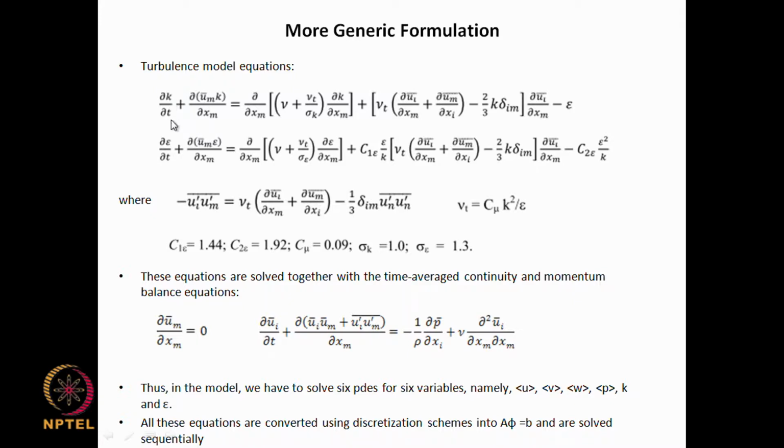You have dou k by dou t plus dou by dou x m of u bar m k. So this is our typical time derivative, temporal derivative, and this is the advection. So this is representing conservation of k. Rate of change of k in the control volume is the net advected out term, plus dou by dou x m of some diffusivity here, viscosity times dou k by dou x m. This is the gradient of k. So diffusivity times gradient represents a diffusion. So this is the net turbulent diffusion of k, and then you have